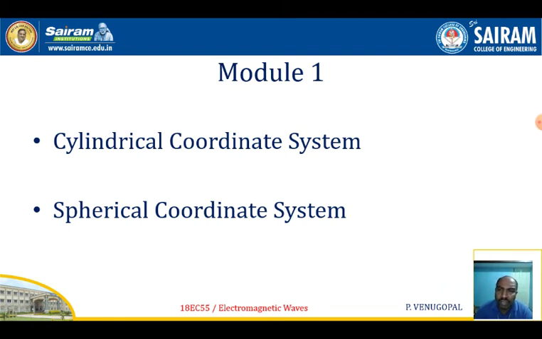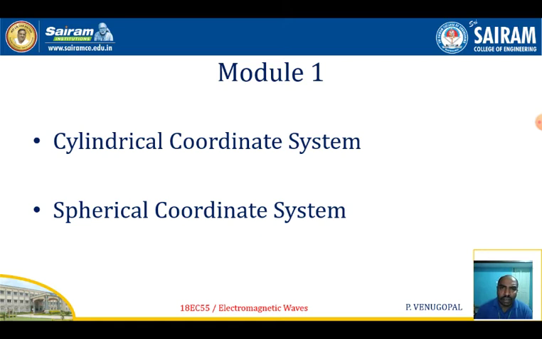So in this session we are discussing the cylindrical coordinate system and the spherical coordinate system. First of all, dear students, you should know what the coordinates are in the specific coordinate system. For example, in the previous session we discussed the rectangular coordinate system, or the Cartesian coordinate system. In the Cartesian coordinate system, we have the coordinates x, y, z. Therefore, the differential lengths of the rectangular coordinate system are dx, dy, and dz.